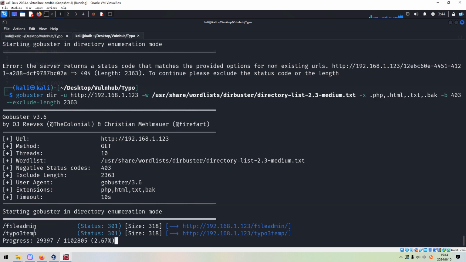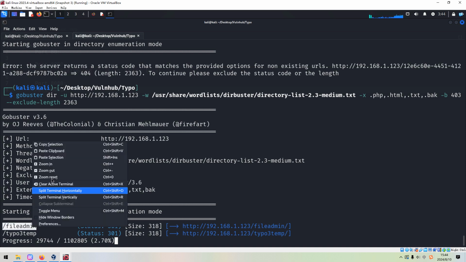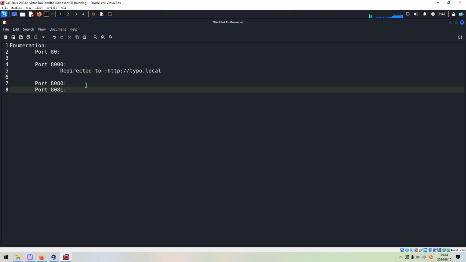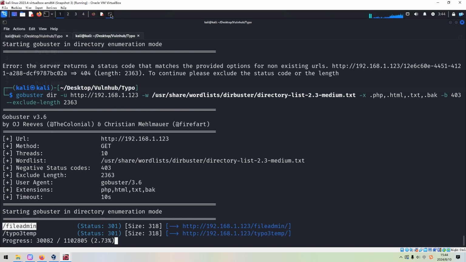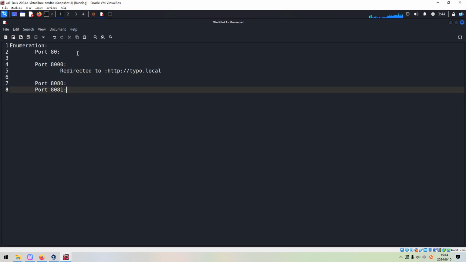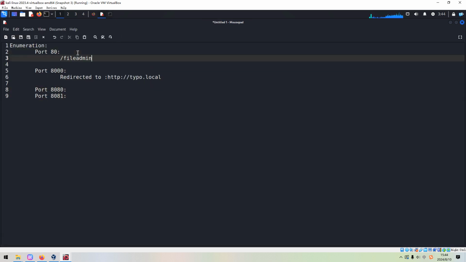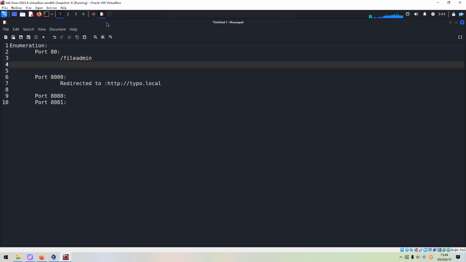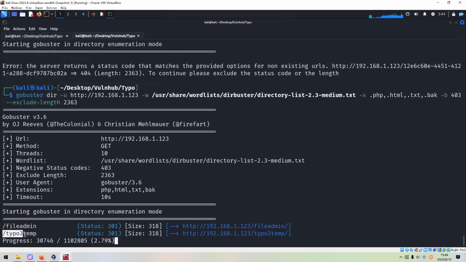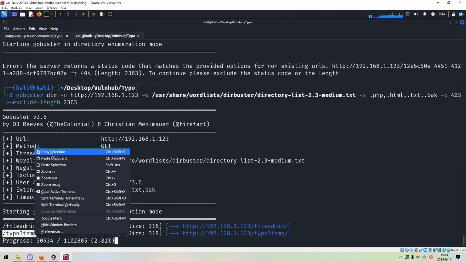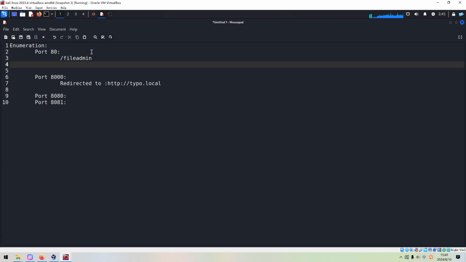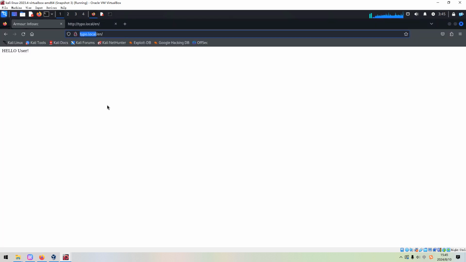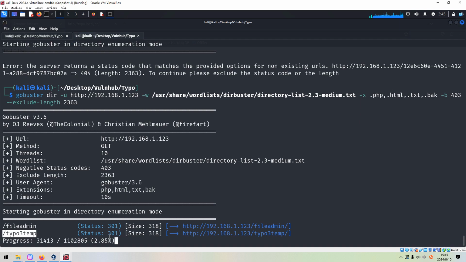Oh, we found two directories we can copy. This should be here. And another one, typo3temp. However, the status is 301.